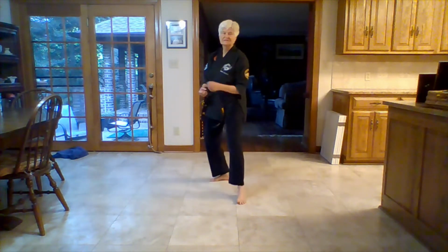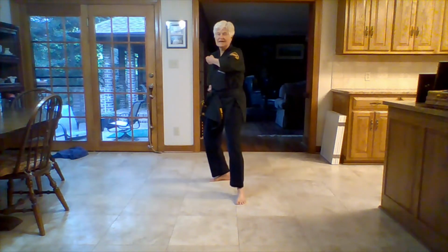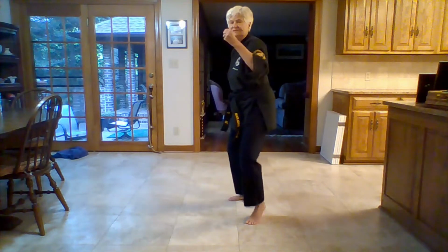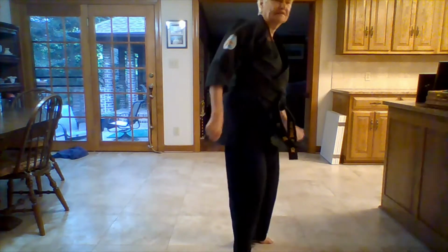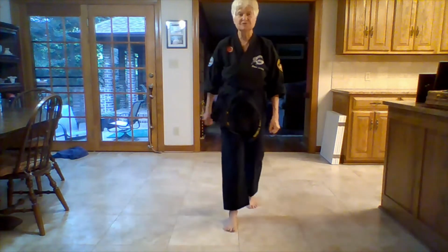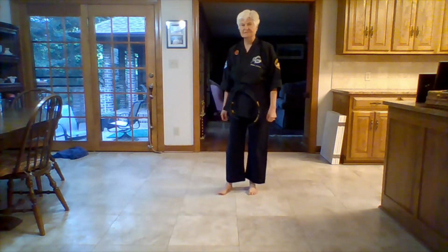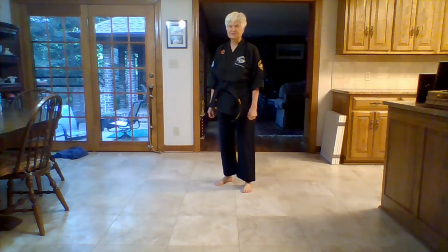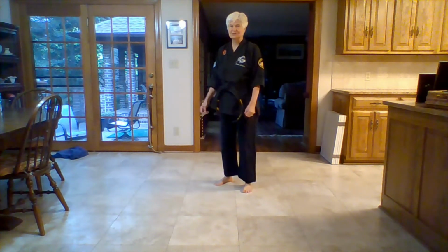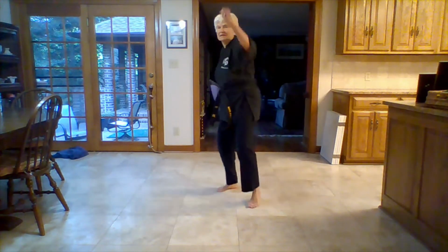Another offensive combination I might do from a back stance ends with a turning side kick. So I'm doing a back fist, reverse punch, turning side kick. That back stance, pushing off from that, enables me to engage my hip into the reverse punch and set up the turning side kick. Again,